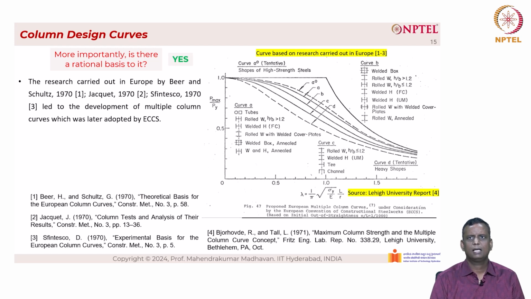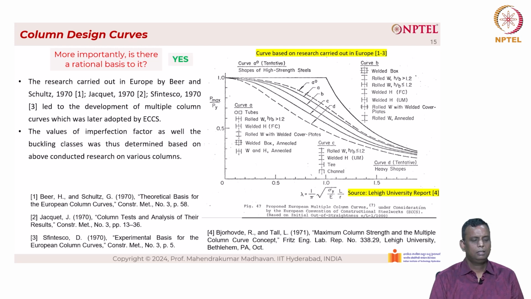You can see that there are 5 different curves A0, A, B, C and D. For each curve, they have given the cross-section shape, the manufacturing process, as well as the axis about which it is buckling. And you can see that curve A and curve B, curve C, and curve D. The values of the imperfection factor as well as the buckling classes was thus determined based on the above conducted